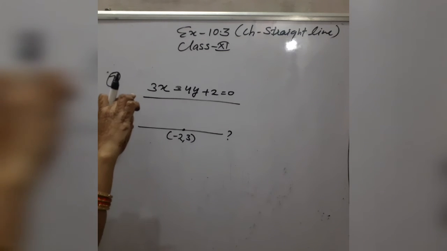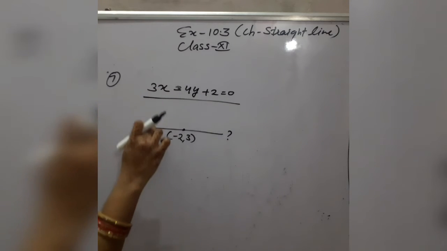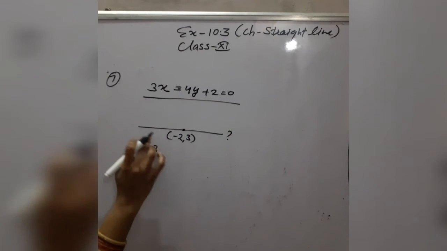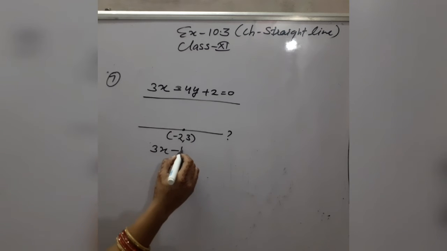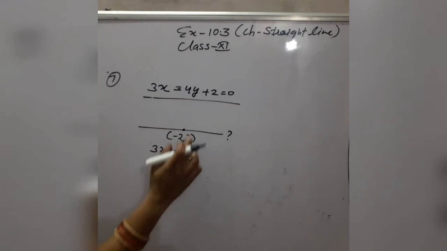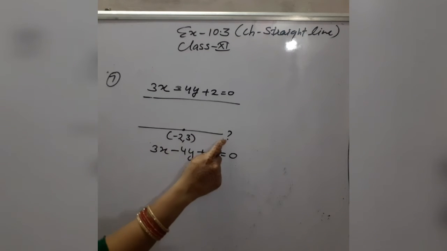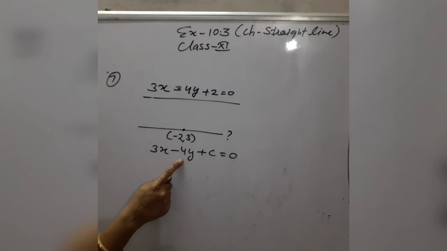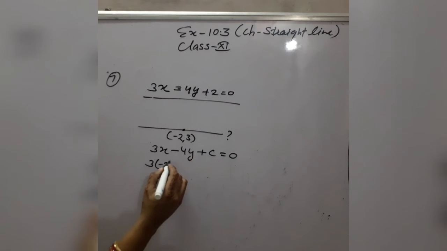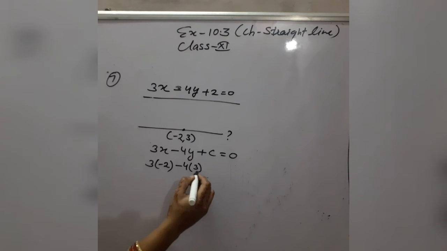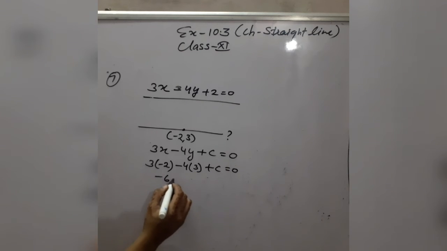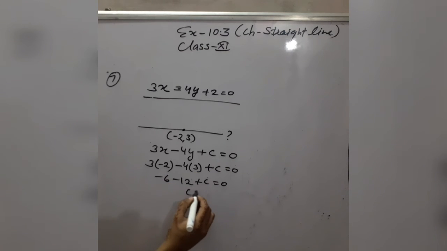Now all of you know that in the case of parallel lines the coefficients of x and y are always the same. So the equation of this second line will be in this form, 3x - 4y, same coefficients, only the constant term will be different. Let us suppose the constant term for this second equation is c. Now this point lies on this line, so this point satisfies this equation. With the help of this point we will find the value of c. In place of x and y, write these coordinates: 3 times -2 minus 4 times 3 plus c equals 0, so -6 - 12 + c = 0, or c = 18.